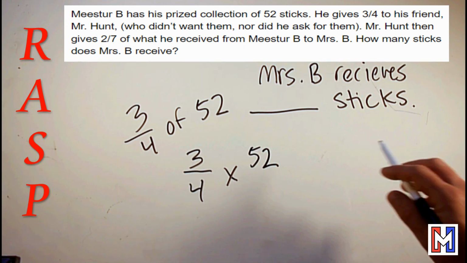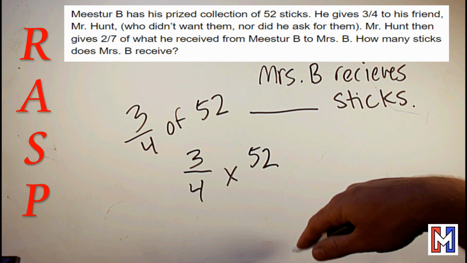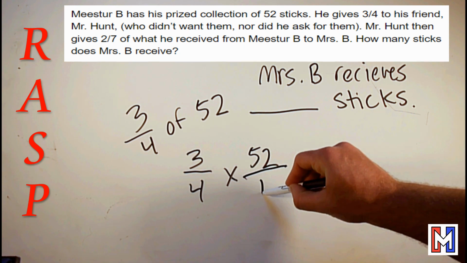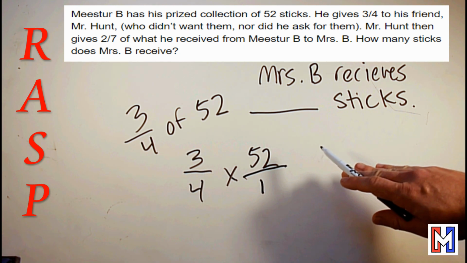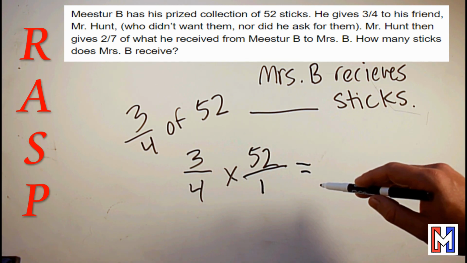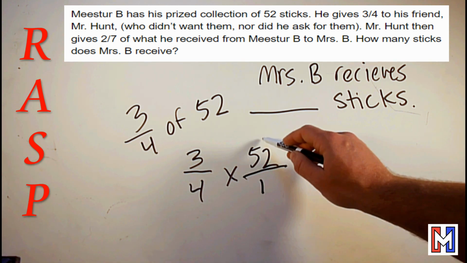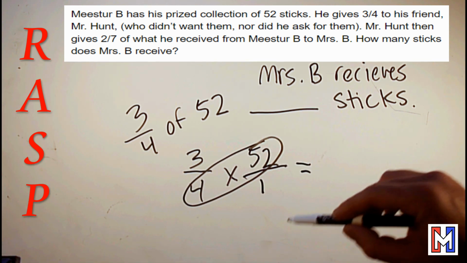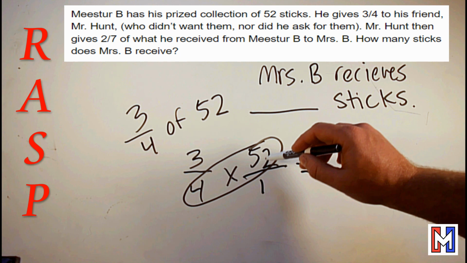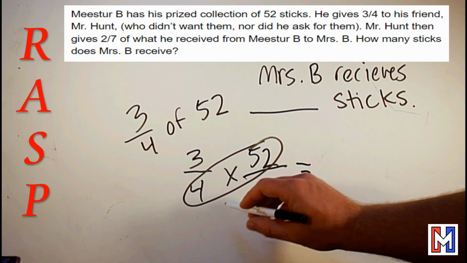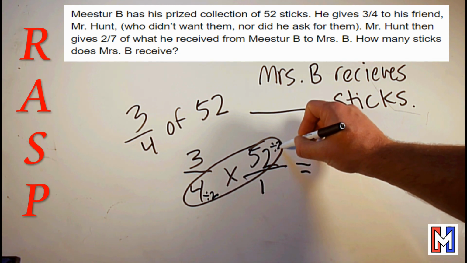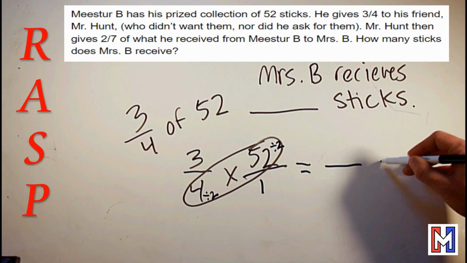Well, if you remember in my division of fractions video or multiplication of fractions video, to write a whole number as a fraction, all you do is write it over 1. All right, and then with multiplying fractions, we multiply across. Multiply the numerators and then multiply the denominators. Now these are pretty big numbers, so I'm going to do one thing first. I'm going to try to cross simplify these. All right, and I don't have to do both, but in this one, I'm going to do this because 52 is pretty big. So I know both of them end in an even number. That means 2 goes in. So I'm going to divide both of these by 2. All right, I'm going to rewrite my fractions right here